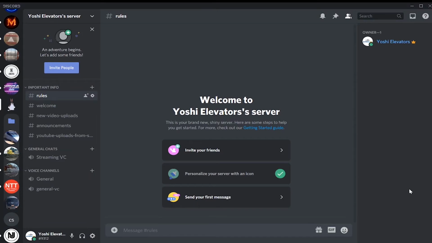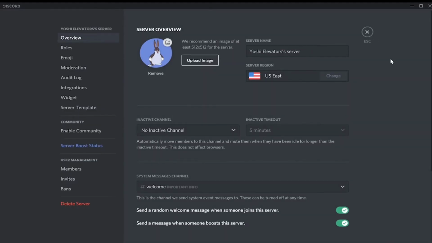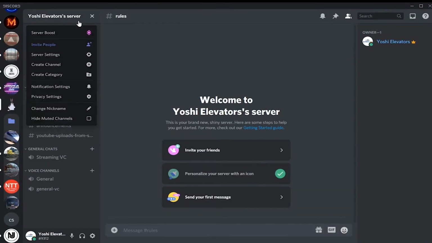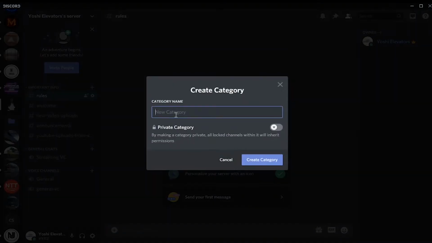One more thing I want to add to the roles is that now that we have roles, we can actually make private categories and channels. So what you're going to want to do is create staff only channels. Nope, not server settings. I wanted a category. Click on create category, and I'm going to title this staff only,